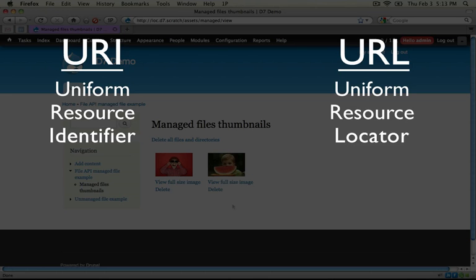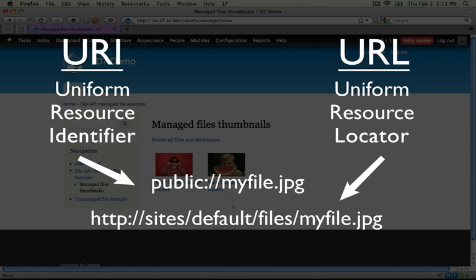Because a URL is a form of identification, it belongs under a subset of URI, but URIs aren't always going to show where a resource can be found. When we're going through this video, you'll see URIs like public, colon, / and then the name of a file, whereas the URL will look something like http:// the name of the file and the location of it. Because it provides the location and the protocol, which is the HTTP part, used to access that file,